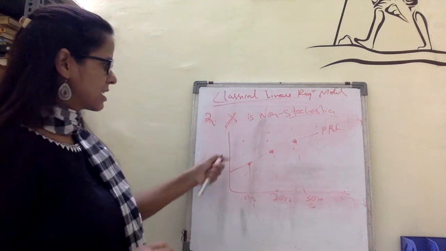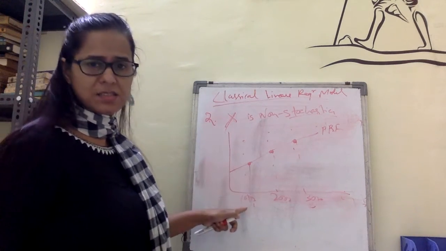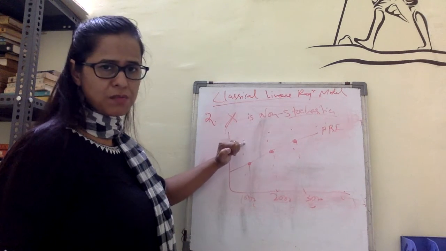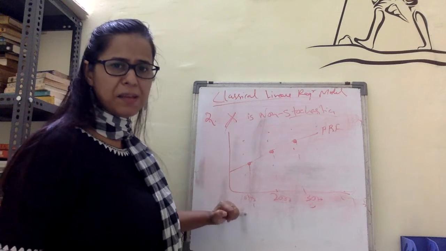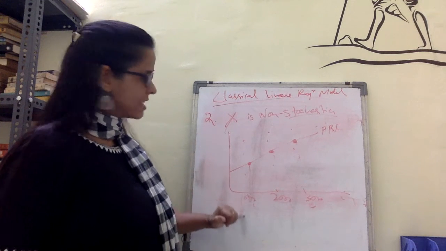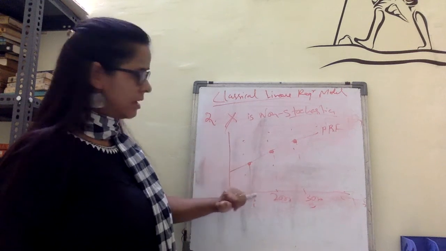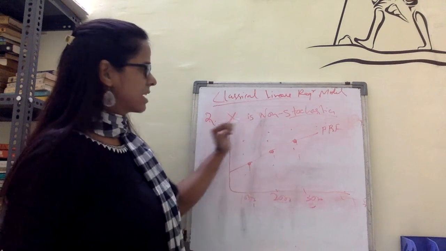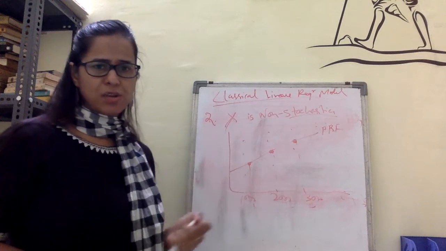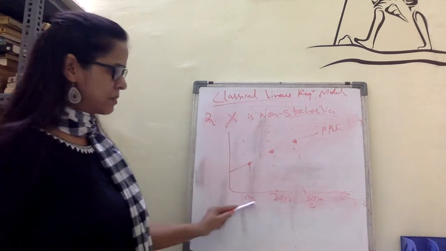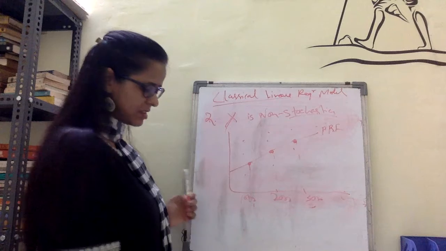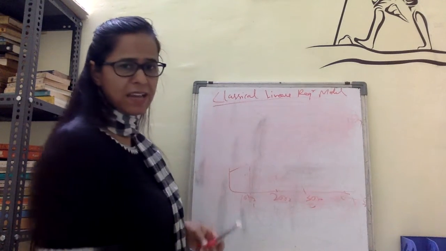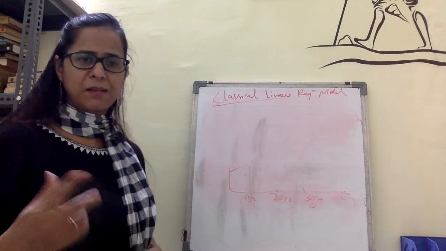So these are the consumption expenditures of the families whose income falls in this 1000 level. So you see in all these observations of consumption expenditure, the level of income remains the same. Means X is fixed in all this sample. Here also X is fixed in all this sample. So that's why this assumption: X is non-stochastic or non-random. It is fixed in repeated sampling. I hope I am clear with this assumption. If anyone has any doubt, please write in the comments and I'll make you understand.